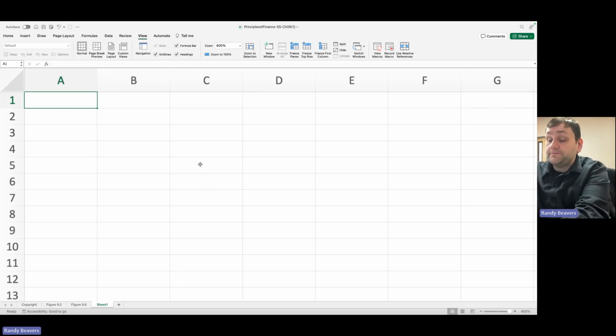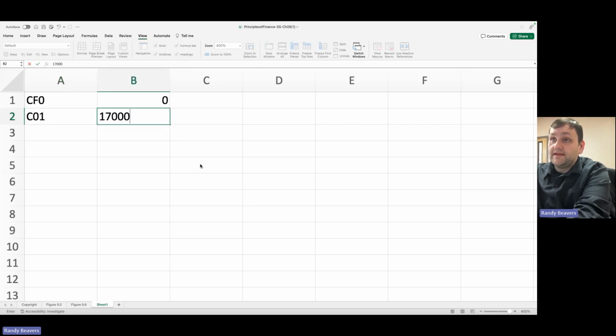So what we'll do, our first cash flow at time 0 will just be 0. So we type in 0 and then hit enter and then down to your next one. So this next one, we'll call this C01. So this will be 17,000. Type that in and hit enter to go to the next cell,